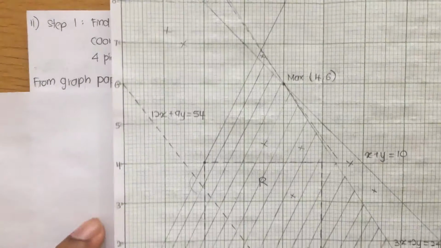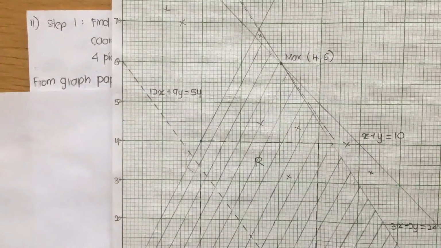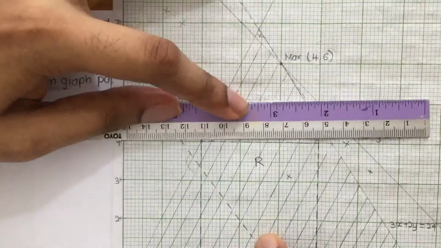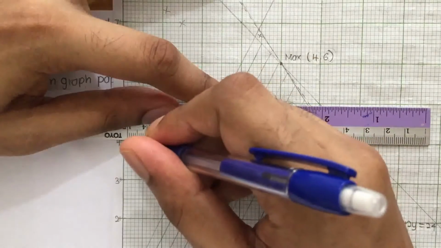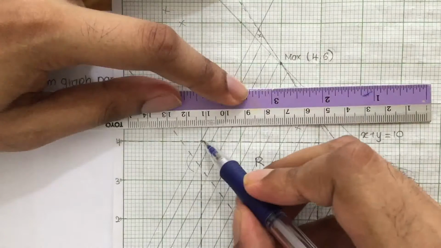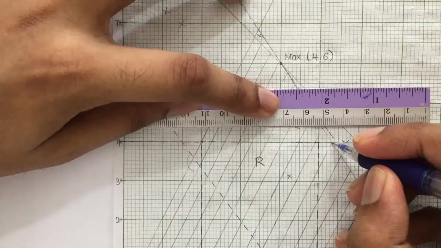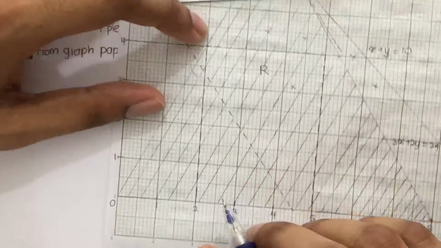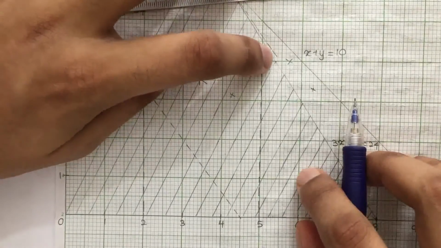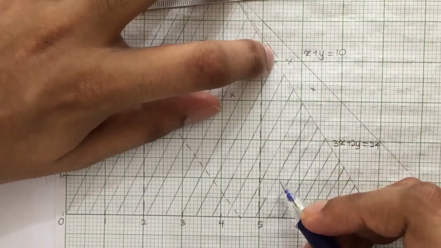Okay, so can you see y equals 4 over here? This is your y equals 4 value, guys. So you take your ruler and then you make a dotted line. It intersects the first point and then it intersects the second point over here. For the first point, when you pull it down, you get 2 over here. But at the second point, you won't get exactly 5, guys. You will get around